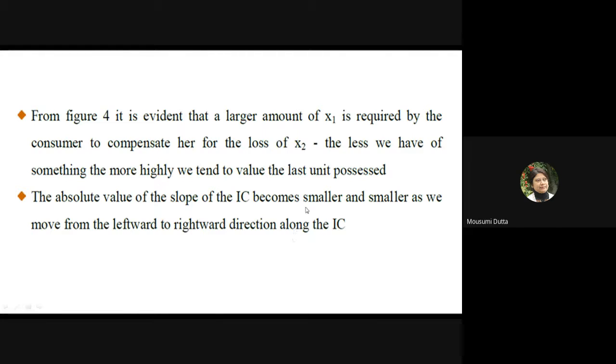So now I'm coming to this point. First, I'm defining the slope of the indifference curve, and then I'm telling that the absolute slope of the indifference curve becomes smaller and smaller as we move from the leftward to the rightward direction along the IC. How or why I'm telling so? Now, in the first case, when I'm moving from